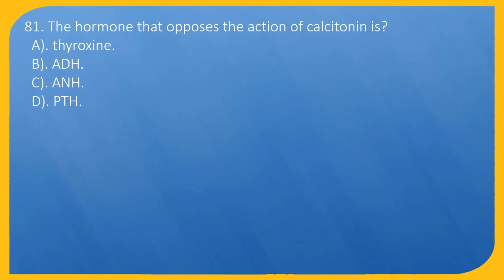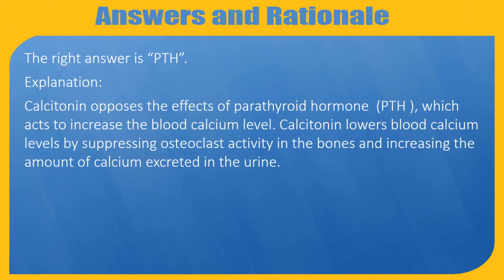Question 81. The hormone that opposes the action of calcitonin is A. Thyroxine. B. ADH. C. ANH. D. PTH. The right answer is PTH. Explanation: calcitonin opposes the effects of parathyroid hormone, PTH, which acts to increase the blood calcium level. Calcitonin lowers blood calcium levels by suppressing osteoclast activity in the bones and increasing the amount of calcium excreted in